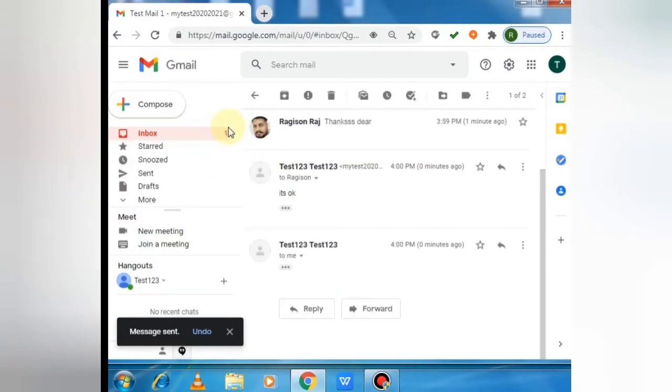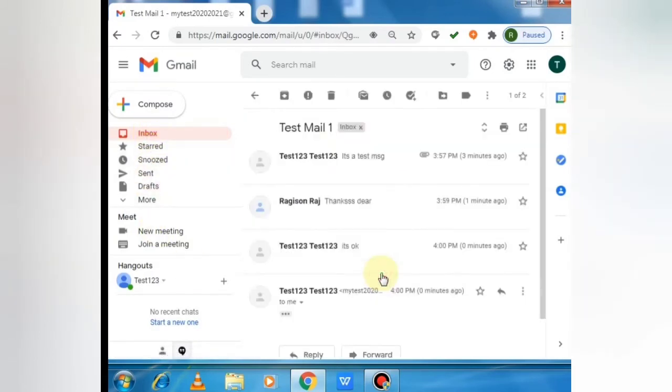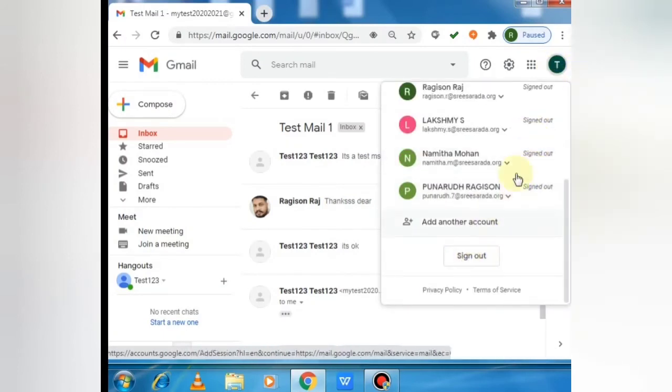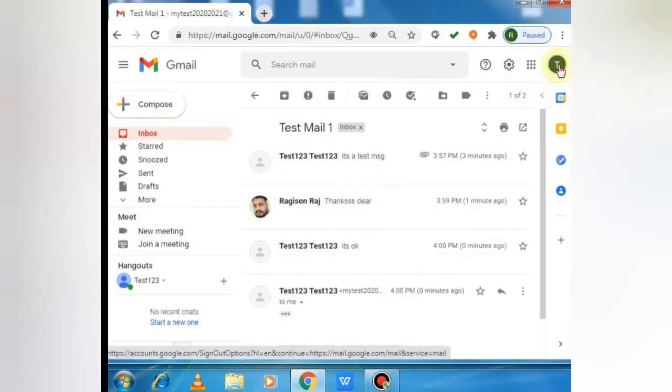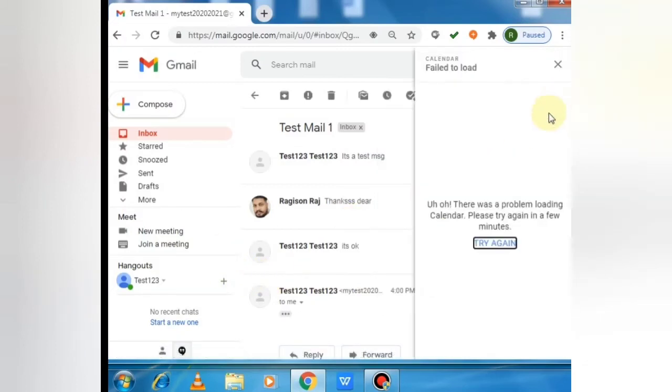So now our inbox shows one again. That shows we have received the same mail in our email account inbox. So this is how the reply and forward buttons work in our Gmail account. And this is the area where we can log out. By clicking on this, we can log out, move to the bottom, and click over there.